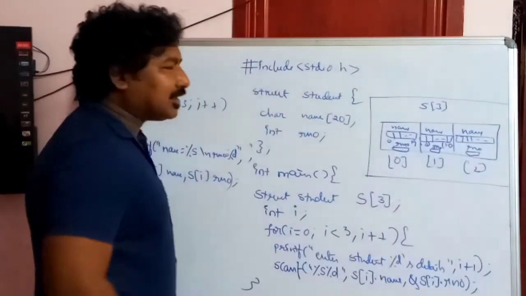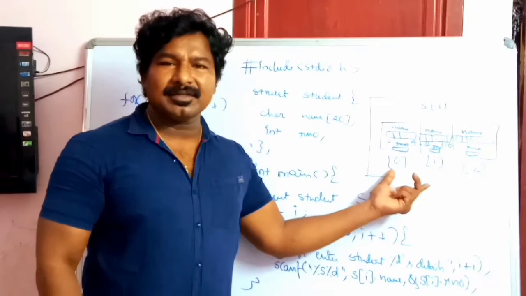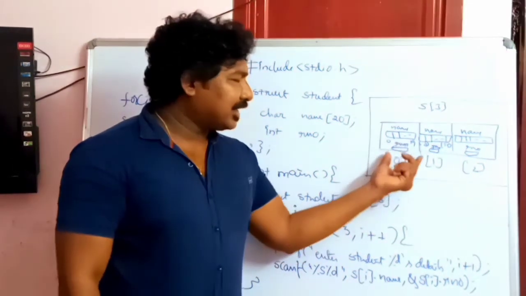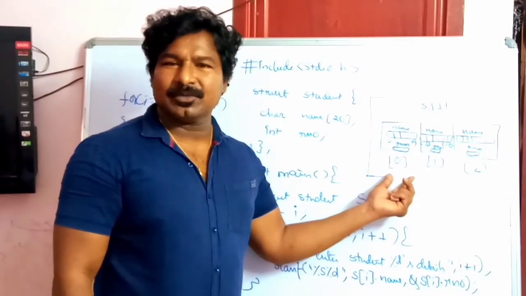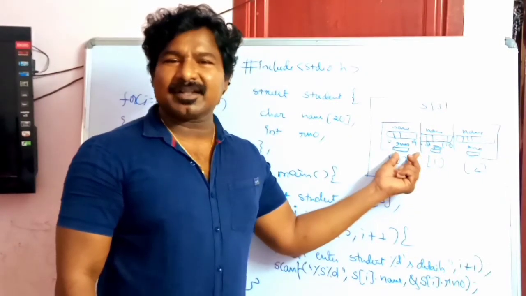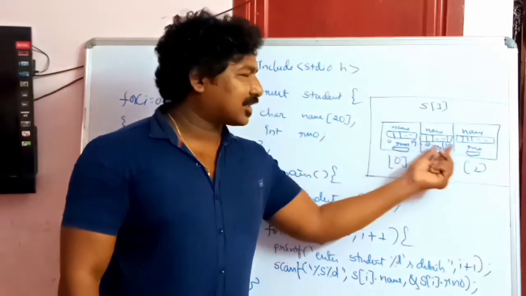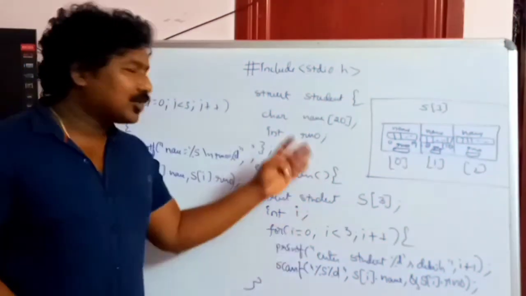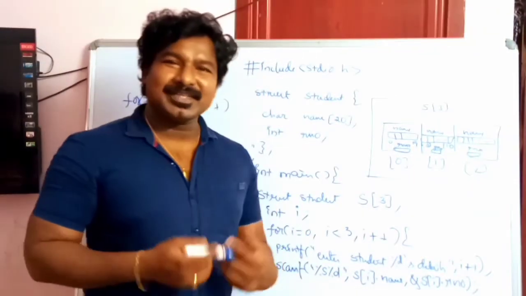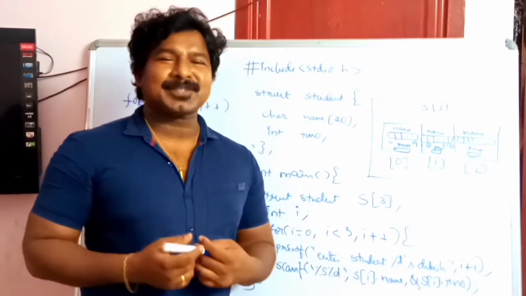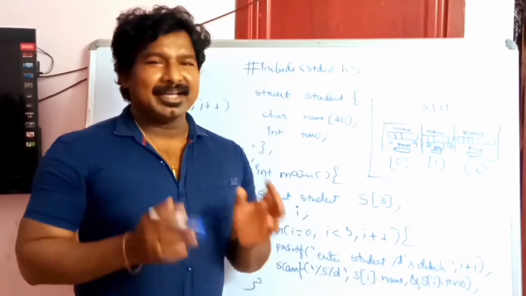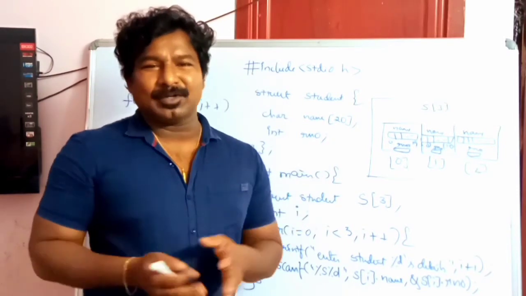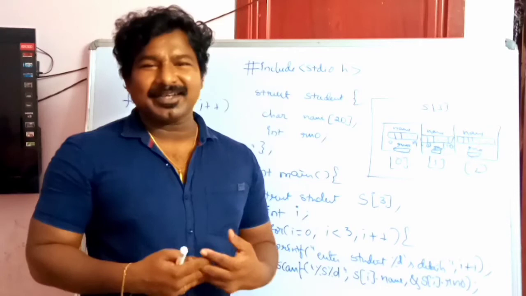Okay friends, so just look at this particular program. You can see how this array of structures will look inside memory. Here a single element is not a single value. This is an entire structure. So there are 3 structures in my array: structure 1, structure 2, structure 3. That means the details of structure 1, structure 2, structure 3. So in this way you can create an array of structures, friends. This is the concept of array of structures. You can declare an array of structures of any size, and you can use this subscript i value with the array variable. Okay, so that is how you can do this. Okay, thank you friends.